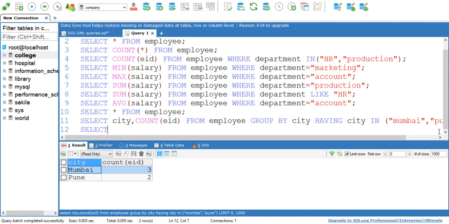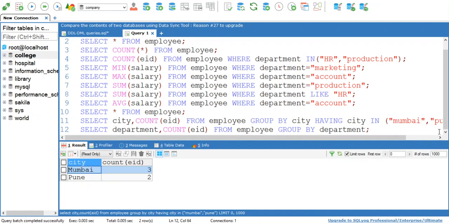I want to display number of employees in each department. So I can simply write select department comma count employee ID from employee. Now we want to display data with the group of department, so we have to write group by department.